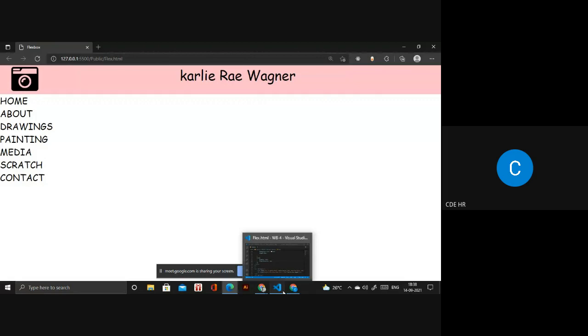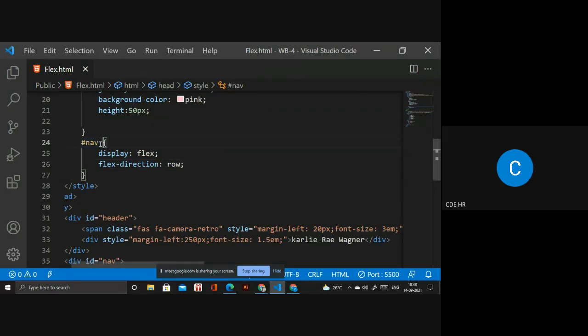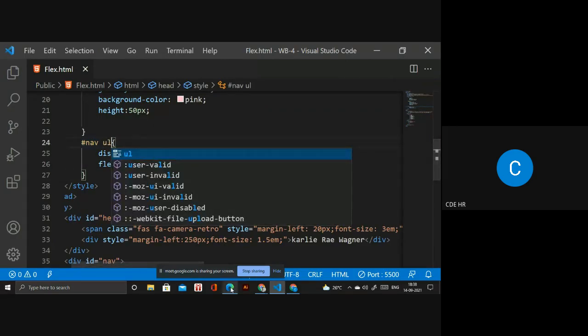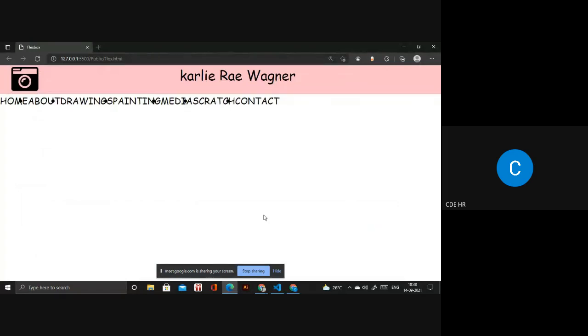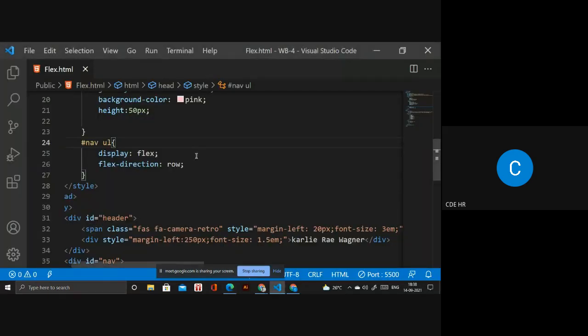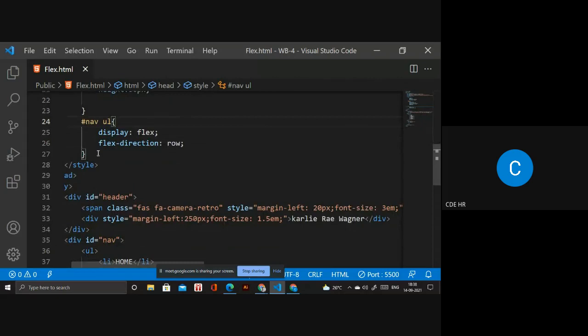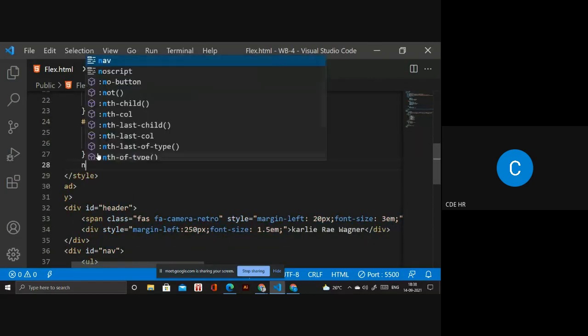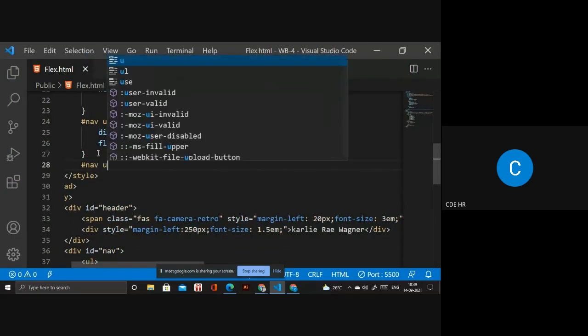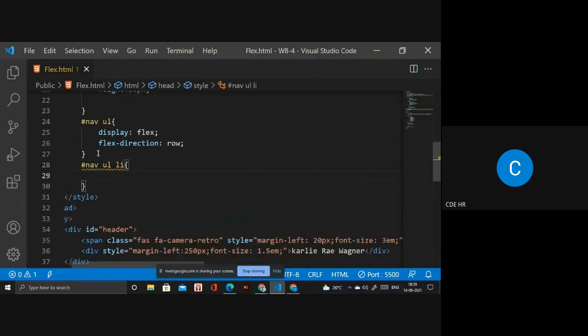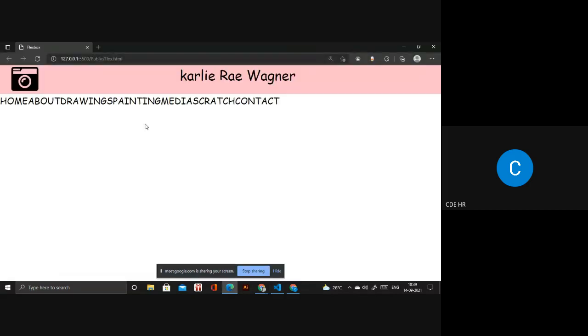Okay, no issue. I will change it to ul. It's working fine. I want to remove that particular list item bullet, so I will write inside navigation nav ul li and list-style none. Okay, done.